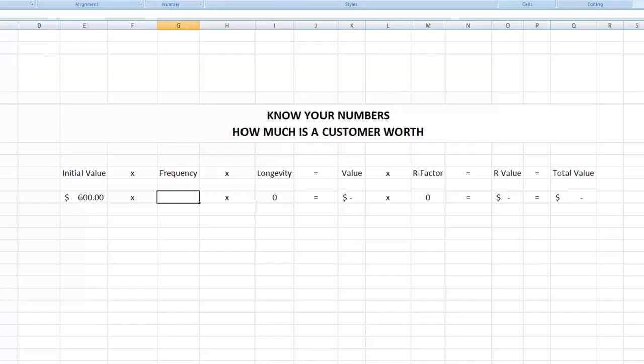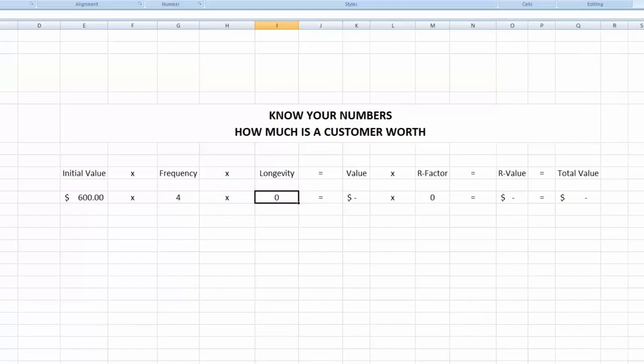If they do something every quarter and it's 4 times a year, then put in the number 4. That's how many times a year that they're going to order. Now here's the important number, or one of the important numbers. How long is this customer going to be around? How long is it going to be your customer? If you have been in business for a while, this should be a pretty good number to get. You should have an average of, okay, most of my customers stick with me over time for 18 months or maybe 3 years. If you're new to the business, or it's a new kind of customer, you're going to want to ask some questions to try to estimate the longevity.